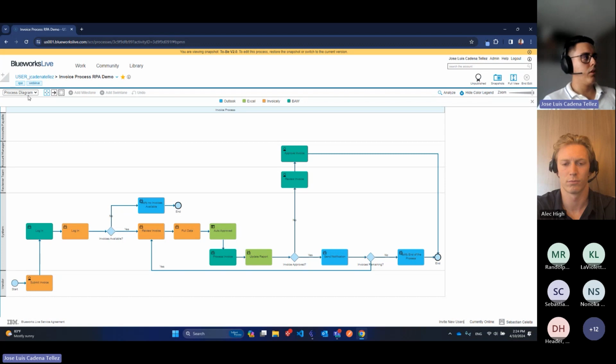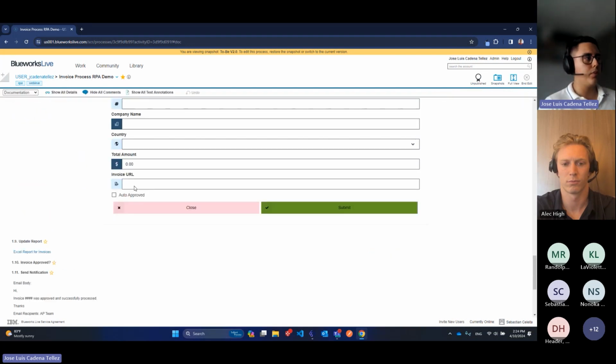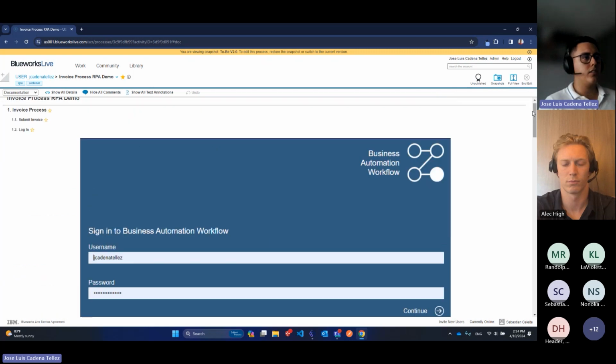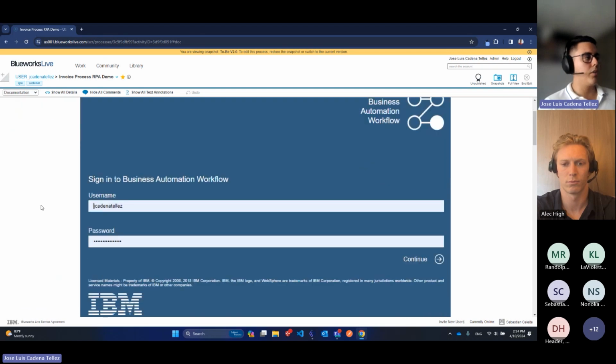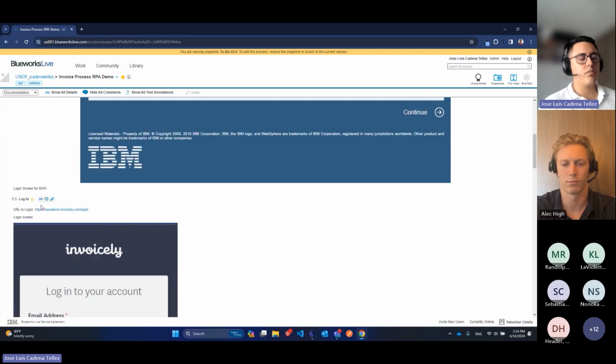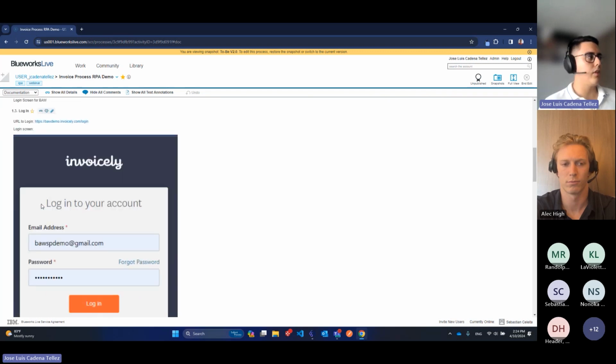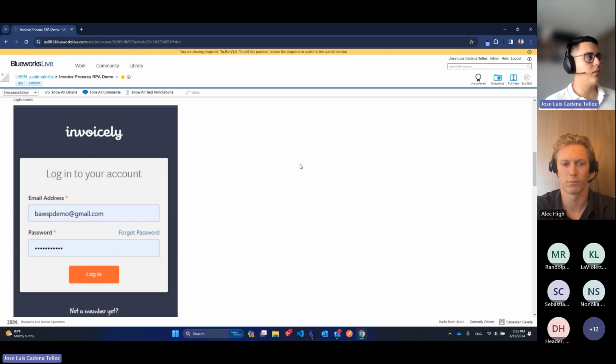So yeah, another feature that we can also use here in Blueworks Live is the documentation piece, where we can start adding as much detail as we want about the implementation of the RPA bot. So in here, if we want to add more details about how the bot is going to behave, we can maybe include some screenshots of the different screens that the bot has to interact with, the URLs that it has to log in to,